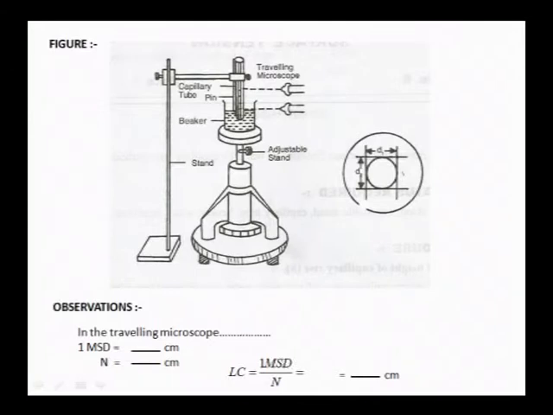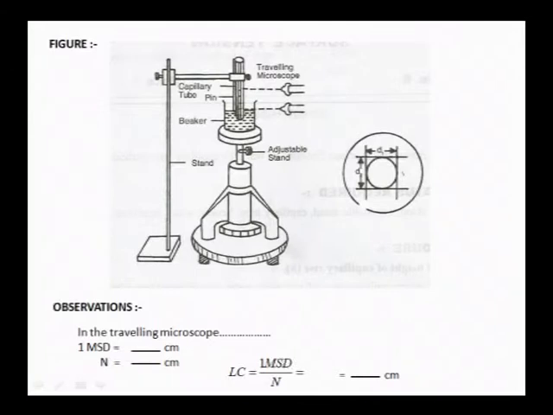Any liquid of density D can be taken, and when we immerse the capillary tube in the liquid, we find that wetting liquids will rise in the capillary tube and non-wetting liquids will fall below or above the actual level of liquid in the beaker. So, the tripod stand is an adjustable stand. It can be adjusted according to our convenience to different heights.